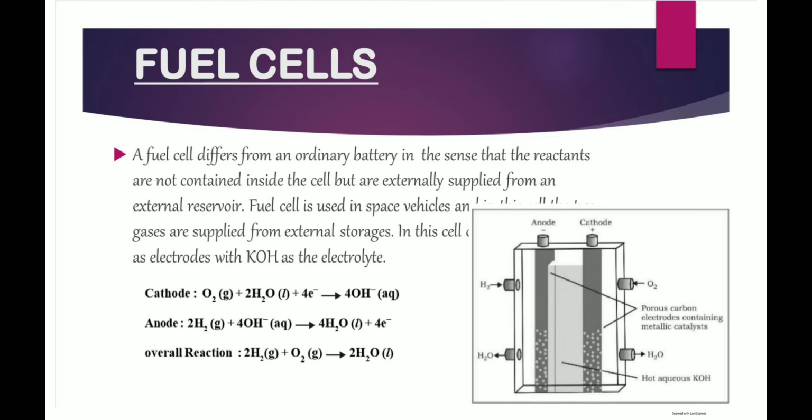Fuel cells produce electricity with an efficiency of about 70% compared to thermal power plants whose efficiency is about 40%. There has been tremendous progress in the development of new electrode materials, better catalysts and electrolytes for increasing the efficiency of a fuel cell. These have been used in automobiles and spacecraft. Fuel cells are pollution free, and in view of their importance in future, a variety of fuel cells have been fabricated and tried. So this is all about the fuel cells.